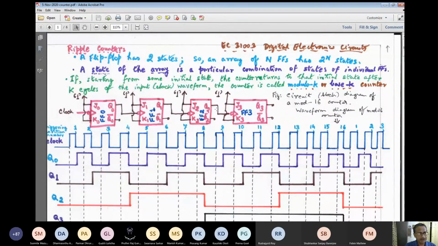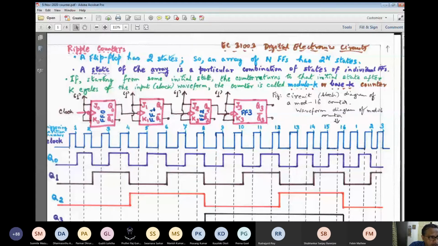Now here we show a simple construction of 4 JK flip-flops connected in toggle mode. As you can see, J and K are both connected to logic 1, and the clock is connected to the clock input of the leftmost flip-flop. The symbol tells us that each flip-flop is negative edge triggered. The presence of a triangle states that it is edge triggered, whereas the presence of a circle states that it is negative edge triggered.